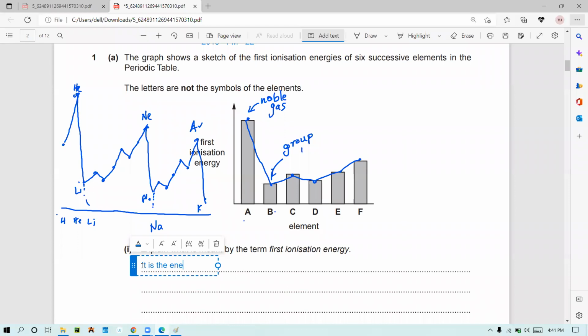It is the energy change involved when 1 mole of gaseous atoms change to